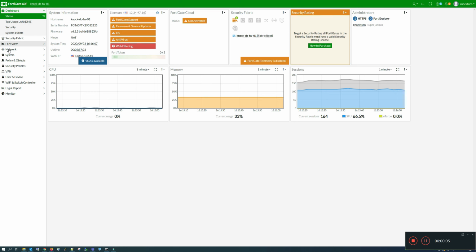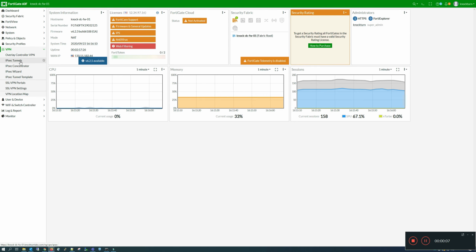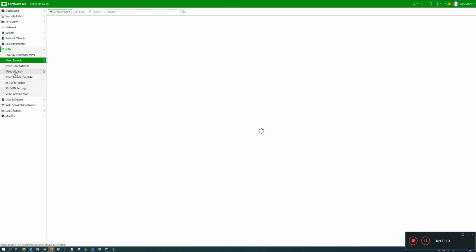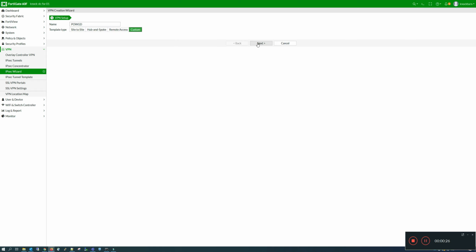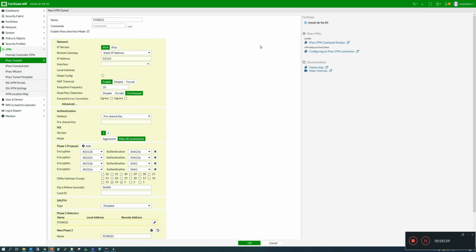So we log into our Fortigate, we go to VPN, go to IPsec tunnels, we create new IPsec tunnel. Now you can just go directly to the IPsec wizard if you want, it doesn't really matter. We're going to give our tunnel a name. We're going to use the template type of custom, and we're going to hit next. Now here is where we have to put in all of our information, the same info that we put on the opposite side of the Unifi. We want it to match. So the remote gateway IP,